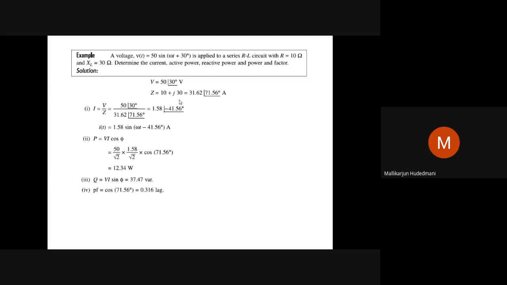Okay, very simple. Look at the workout. So easy and simple steps were put into it. What we are supposed to understand here is a new thing: the voltage is not given as an RMS voltage. It is given as an instantaneous equation, like Vm sin ωt, plus or minus some associated phase difference. This is called an instantaneous equation. Now such a voltage is applied to a circuit comprising R and L. Find out the current, active power, reactive power and power factor.